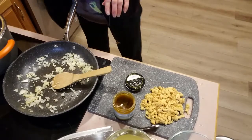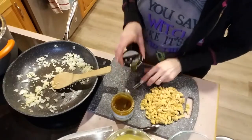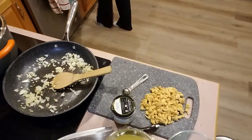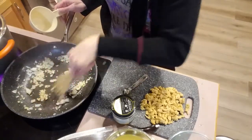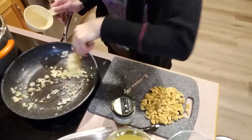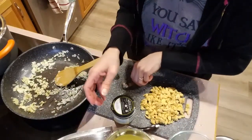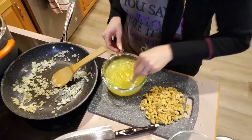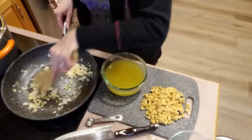Turn that down. Okay. I need a little water. I don't want my stuff to burn, so I put in some water to help saute them. Now I need to mix my bouillon. Okay, once I get these going, now